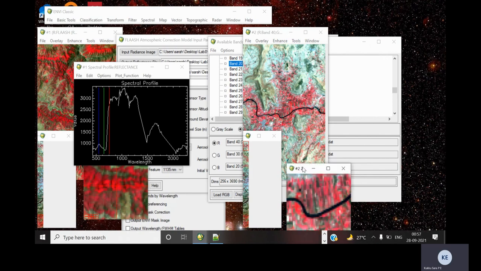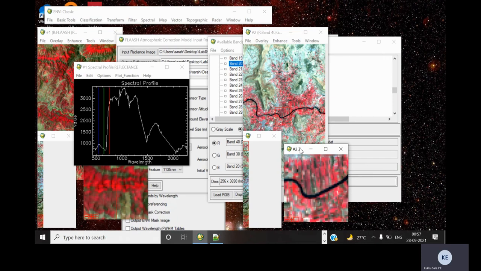So this is the RGB image of our original dataset without any correction.